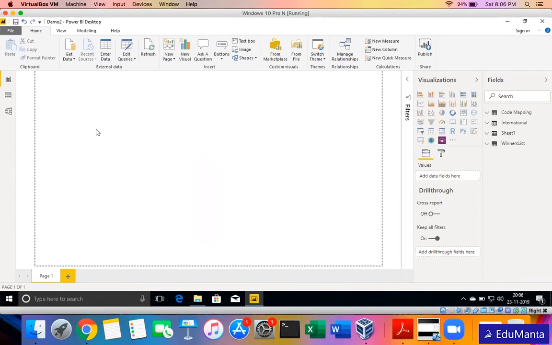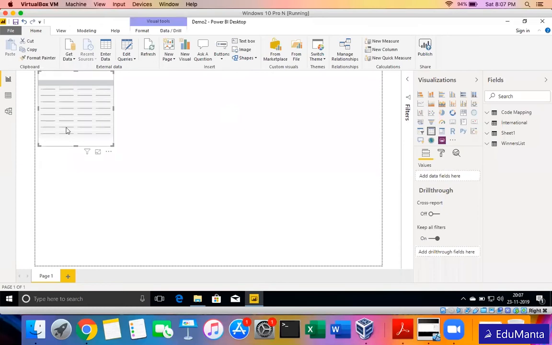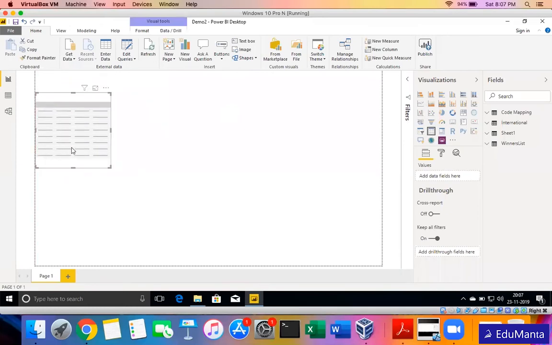Okay, then. So we'll start with this. One of the most commonly used visuals is something called a table. Everyone has known about it. So we'll see how even a table can be formatted in different ways inside Power BI. I just clicked on a table here. I brought it. The same thing can be done using this new visual option also.